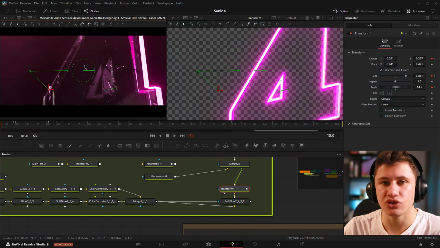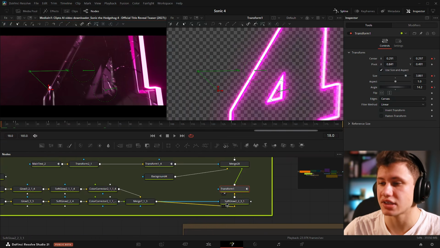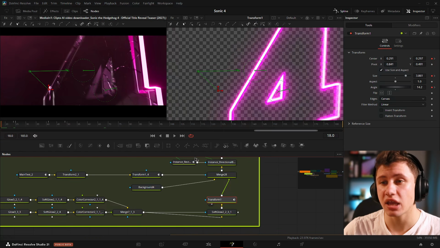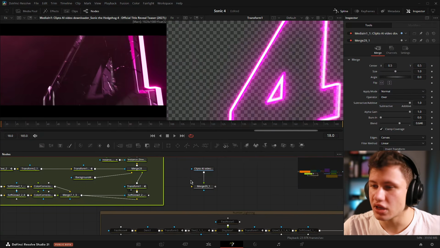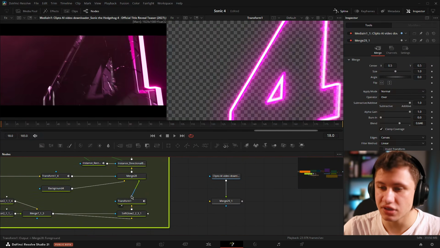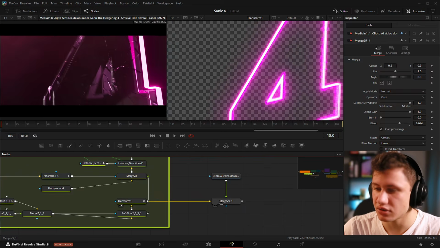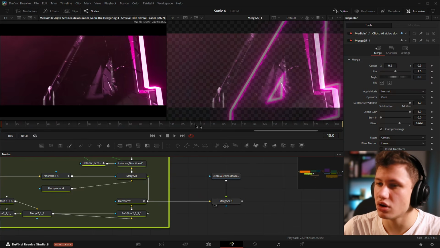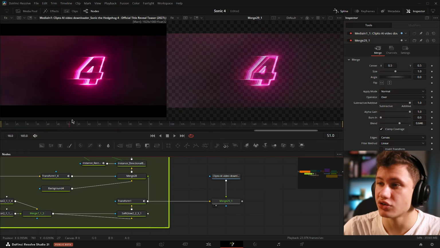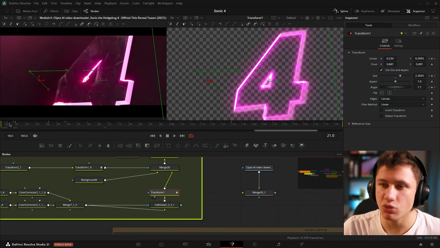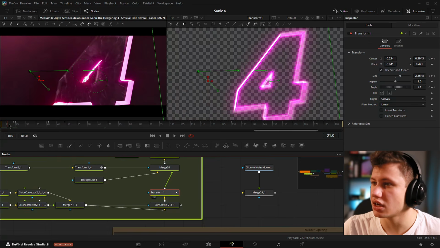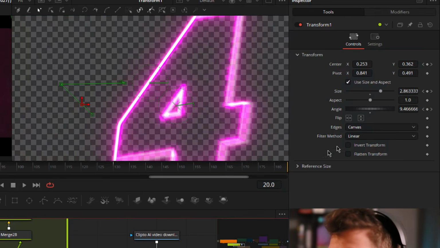And one thing that I like to do when I'm recreating effects like this is I will take a copy of my reference, and then I will just paste them on top of each other with a merge node so that when I'm animating them, I have something to compare to. So starting at our first frame, we are slowly sizing our text down, and on our transform node, we've actually gone into our settings